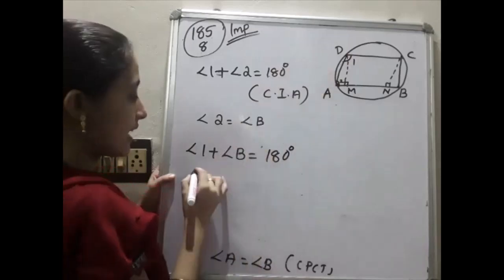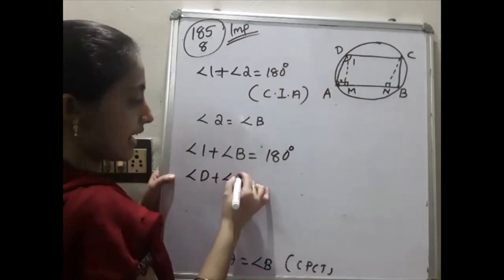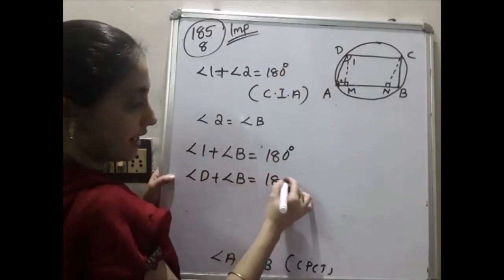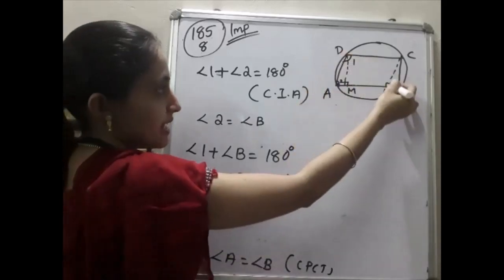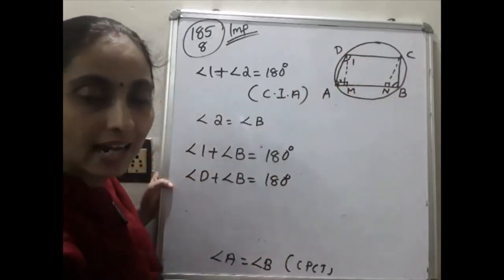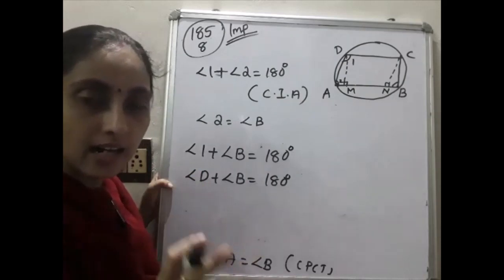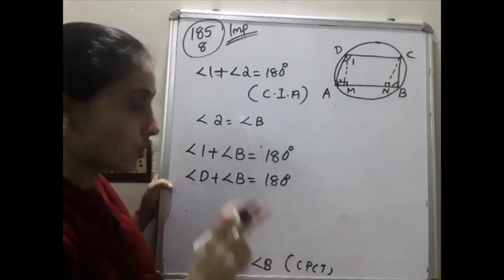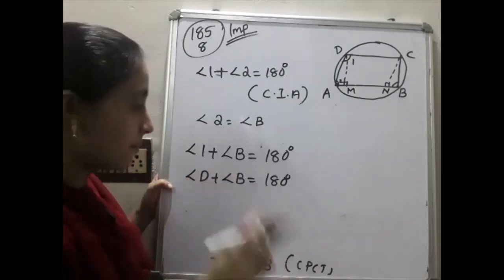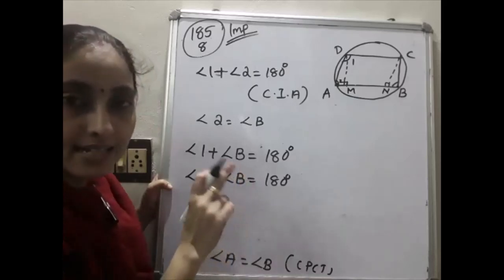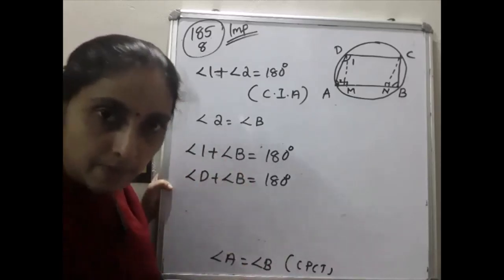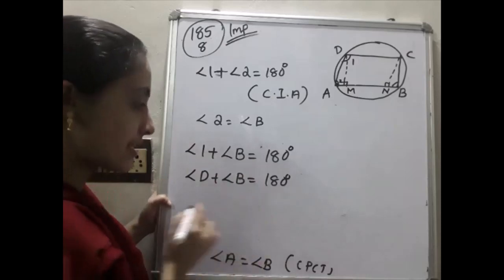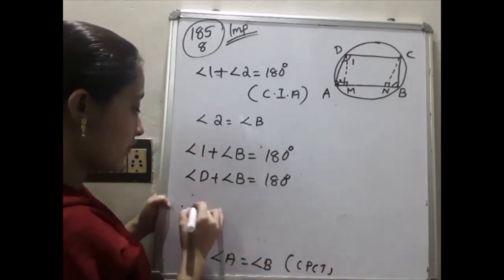Angle 1 is angle D. So angle D plus angle B is equal to 180 degree. Opposite angles of a quadrilateral are supplementary. Then it is cyclic. You already studied that. So you can write, therefore,